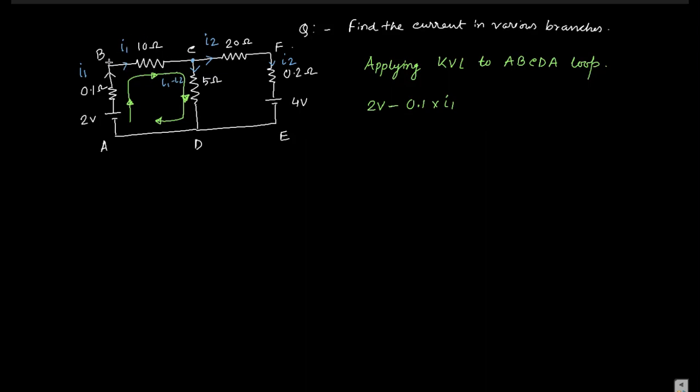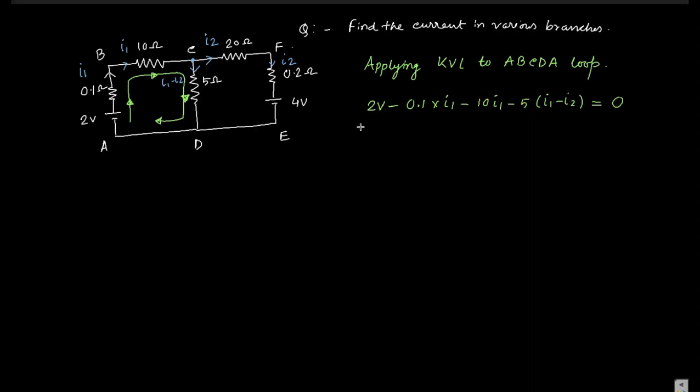According to that, in the BC branch you see that the direction of the path and the direction of the current are in the same direction, so there is also a potential drop across BC, that is 10 into I1. The I1 current is flowing through this 10. Now if you consider CD, the direction of the current and the path are in the same direction, so you can consider minus 5 into (I1 minus I2) as the potential drop across it, and the algebraic sum of all the potentials is nothing but 0, so we can write it as 0.